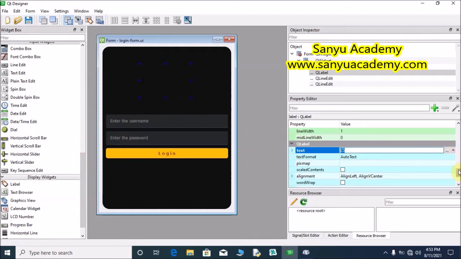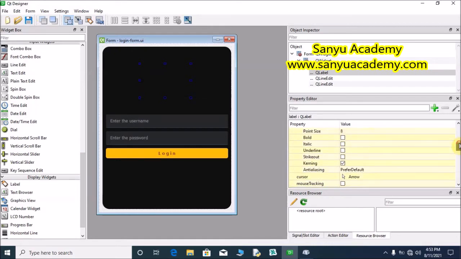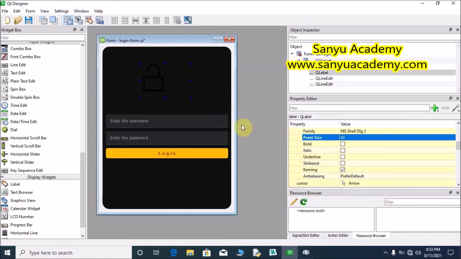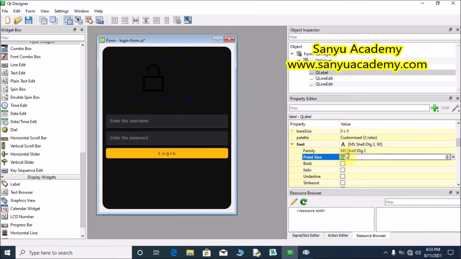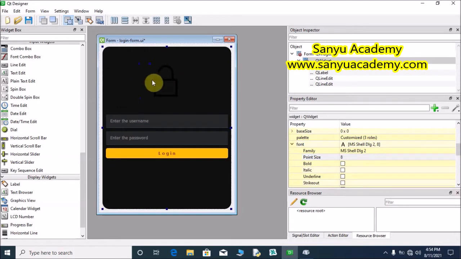For that, change the font point size to 60. Enter. Now we can see the lock here. Make it 70. Enter. Increase the height a little bit. That's it. Place it in the center. Now we have successfully created the login form with a logo.